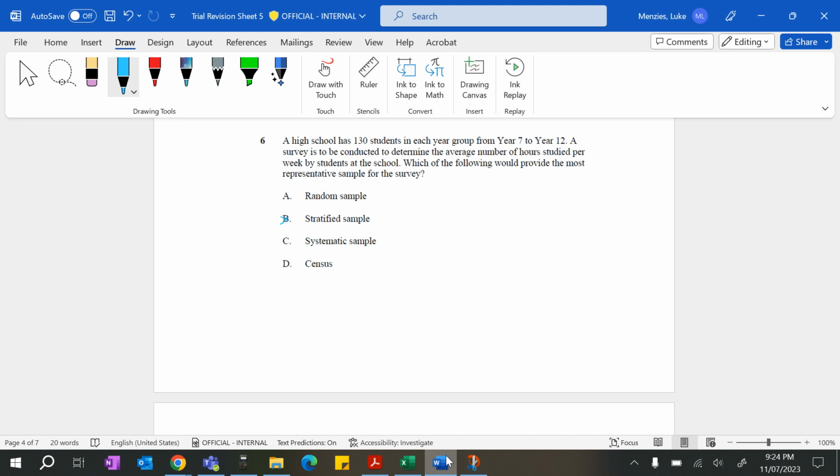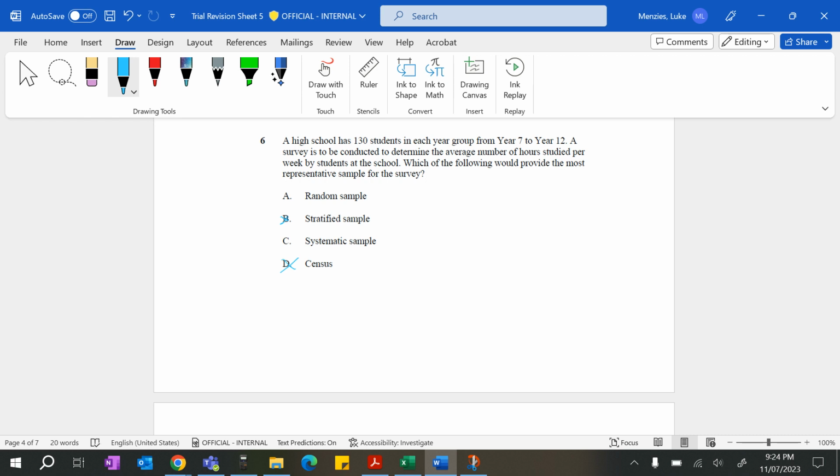So I said stratified samples. Stratified samples are about when you have different amounts of people you're surveying, and you want to get an even representation. A good example at our school would be, there's more year 7s than year 12s. So if I was doing a survey of 100 people, I couldn't pick the same amount from each year group. I'd have to pick a higher percentage in year 7 versus year 12 to get a stratified sample. Census, there wouldn't be census because with a census you'd have to survey every single student.